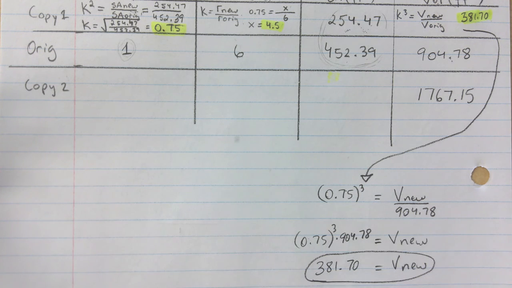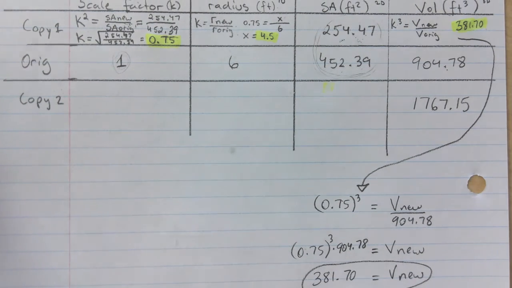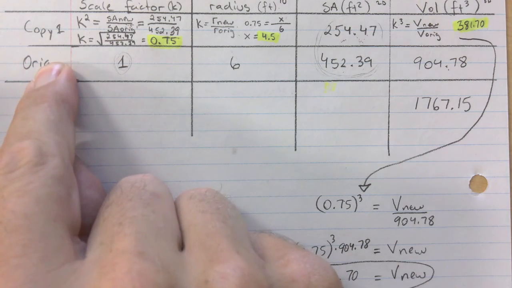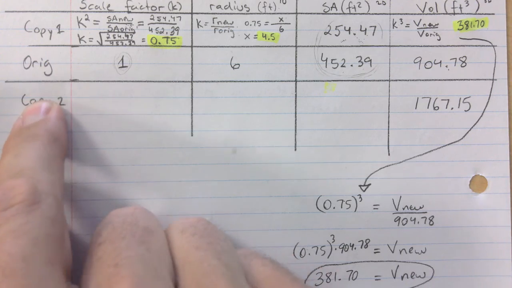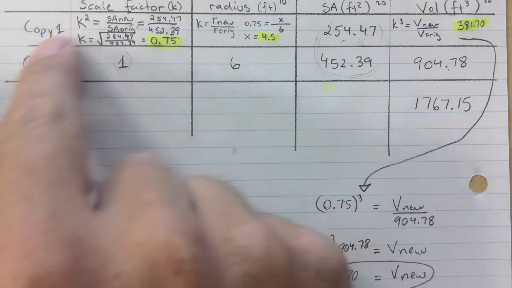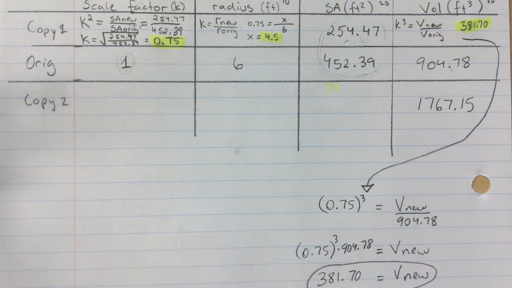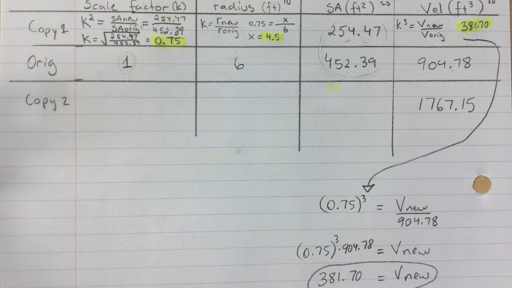Can you try the second copy on your own based on what you've just learned? Try to apply what you've just learned for that second copy, right? You forget about copy number 1, forget about it. Now it's original and new, right? It's these two that you're relating. Would you be able to do something like this based on what you've learned so far? Go ahead. And while you do,